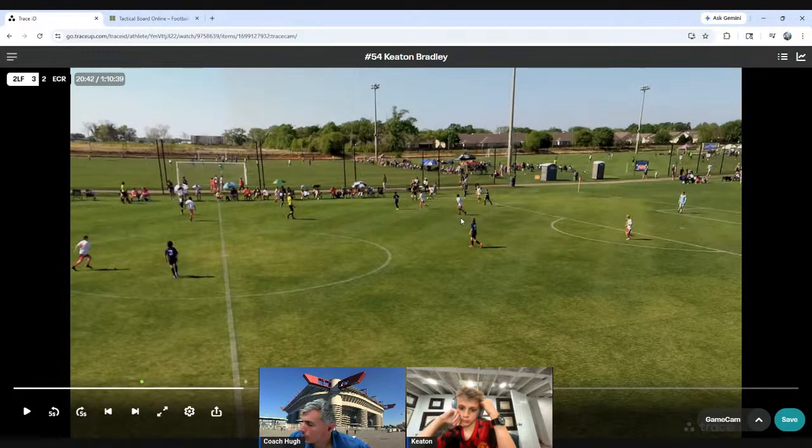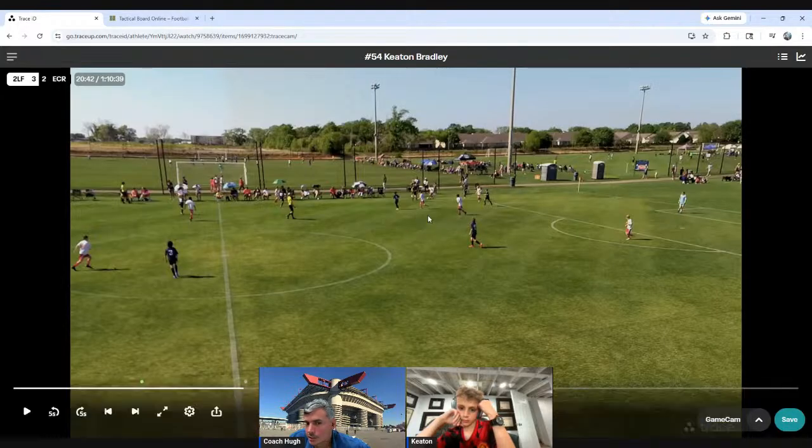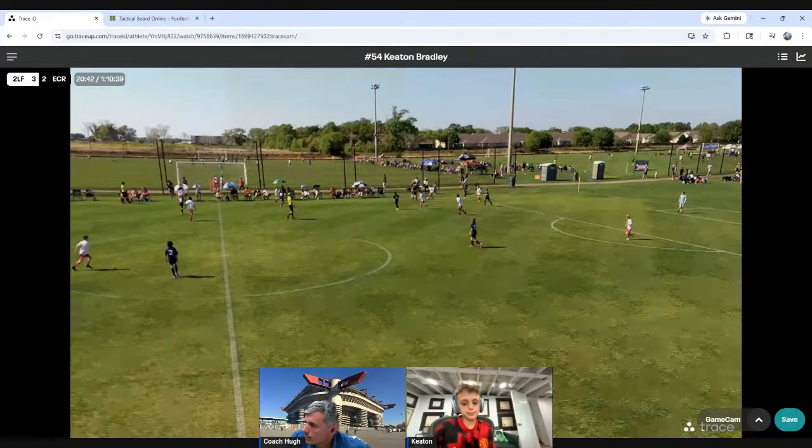So if this ball gets played across to the middle and he takes a touch into this space here, then you're looking to come down and help. You're either coming through the middle or you're coming out wide to here so he can play the diagonal. If he receives this ball and turns back to Harry, then you're looking to get out here wide. And that's how we're looking to help. Do you see how you're looking to move based on your teammates' touches and the way their hips are facing? Yeah. You with me?